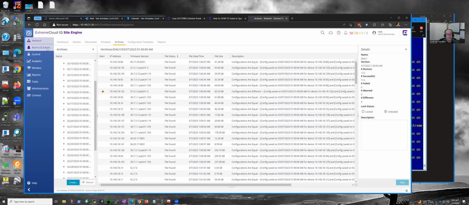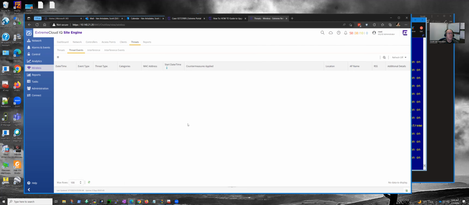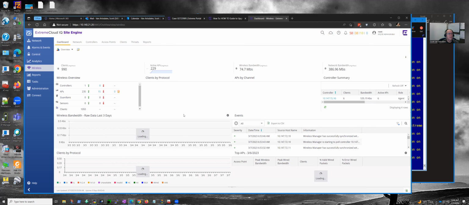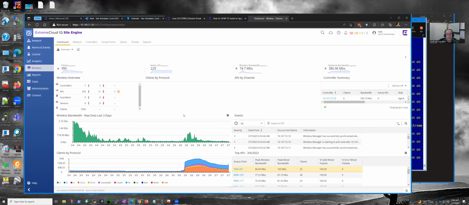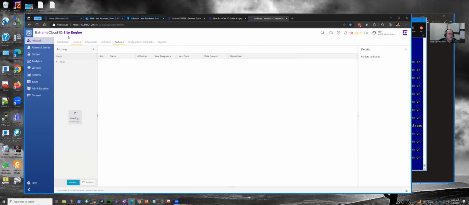And then you can also look at the alarms, what's been happening. You can check out your wireless stats or any threats. Just check out the dashboard, which is probably not working. It might be. Yeah, it is working. So that's cool. You can get all kinds of wireless info. And I've never really used this. I just go straight into the wireless controller. So anyway, that concludes the update of